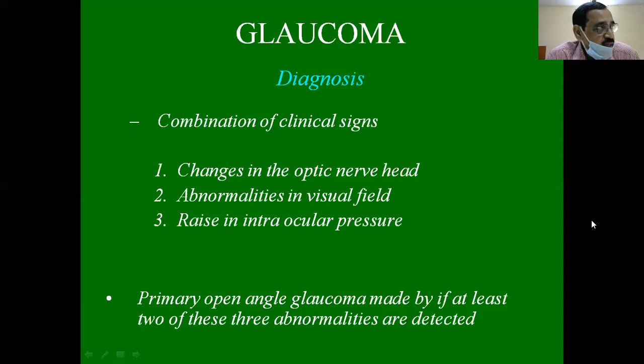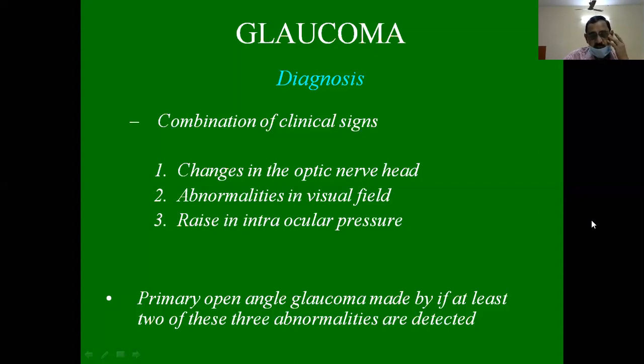When you examine, the patient will have to be examined under general anesthesia only. You see the diameter of the cornea. The normal diameter of the cornea in the infant is around 10.5 millimeters. Suppose it is around 13 millimeters, it is definitely congenital glaucoma. And if it is more than 16 millimeters, the prognosis is very, very poor in these cases.